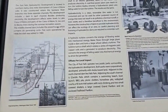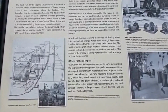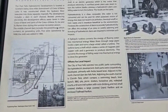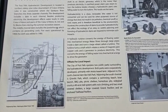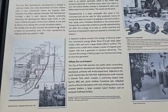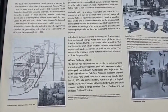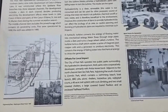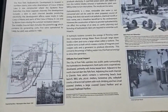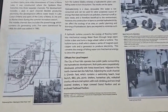The city of Post Falls operates 2 public parks surrounding the hydroelectric development. Both parks were cooperatively developed, primarily with Avista leased land. Adjacent to the North Channel Dam lies Falls Park. Adjoining the South Channel is Q'emlin Park, which contains a swimming beach, boat launch, barbecue pits, picnic shelters, horseshoe pits, volleyball courts, a 40-acre trail system with rock climbing, and 2 covered shelters, a large covered grand pavilion, and an